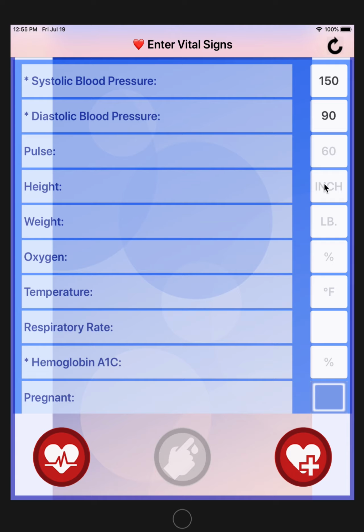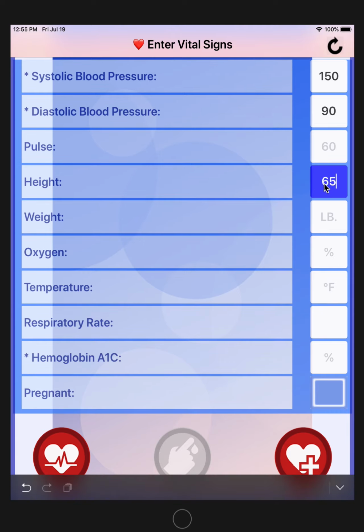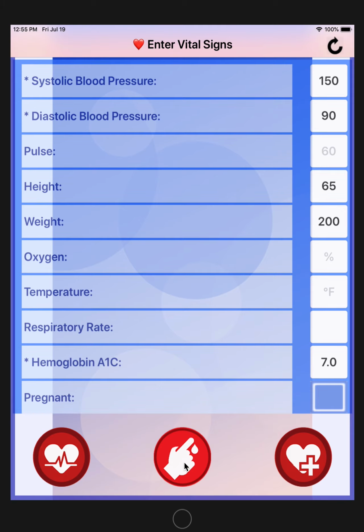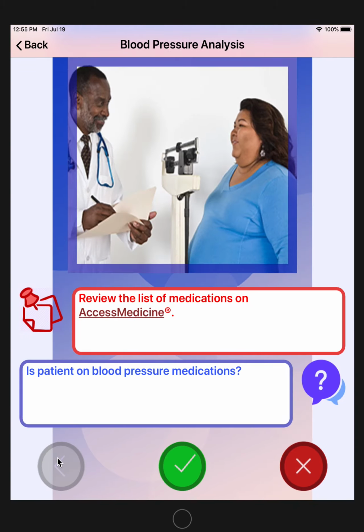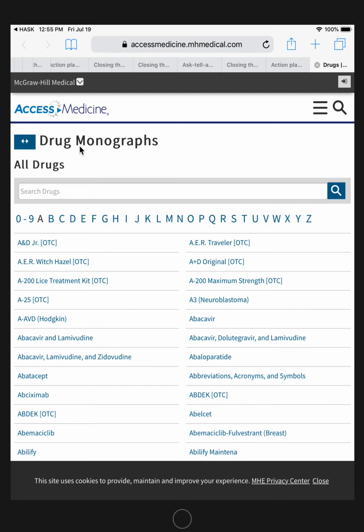So let's put height and weight, and we'll put the hemoglobin A1C as 7. So now we have all three icons activated. So we'll open hypertension decision aid algorithm. It will guide you through several questions. This is a hyperlink to get to the accessmedicine.com, and you as a student or faculty have an access to